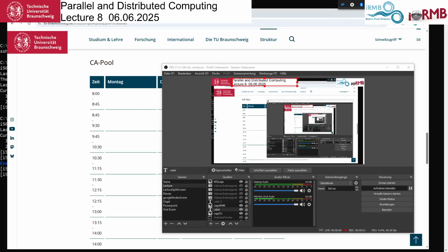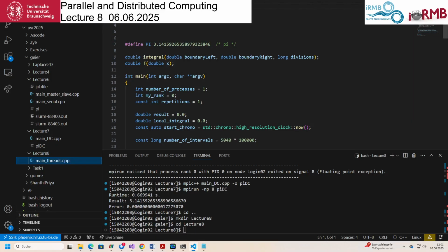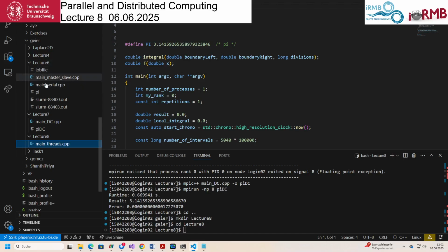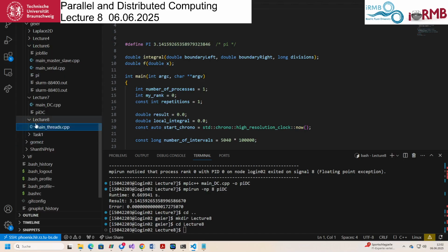Then I'll start this. Okay, so we are now in the exercise session concerning threads, and what we are going to do is use the example where we calculated pi, which was here in lecture 6, main serial, and I copied this to lecture 8 and renamed it to main threads, and so you should